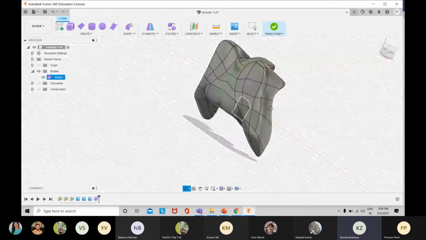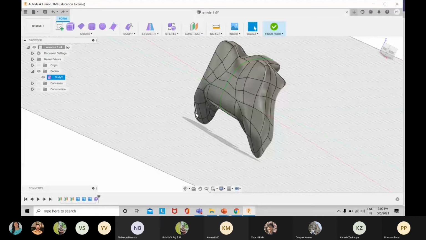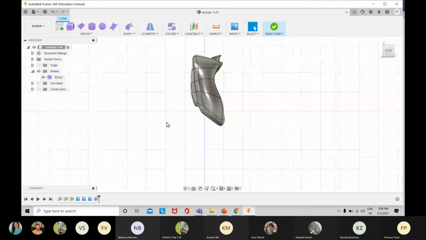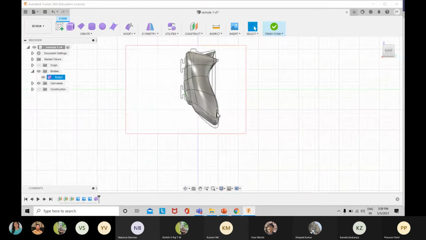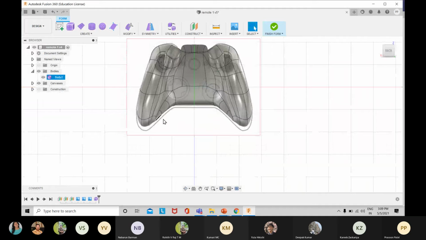It has gotten simplified a little, right? But some surfaces also change, we can see. Like in the bottom, it has become much simpler now, but look, there it became much more complex.